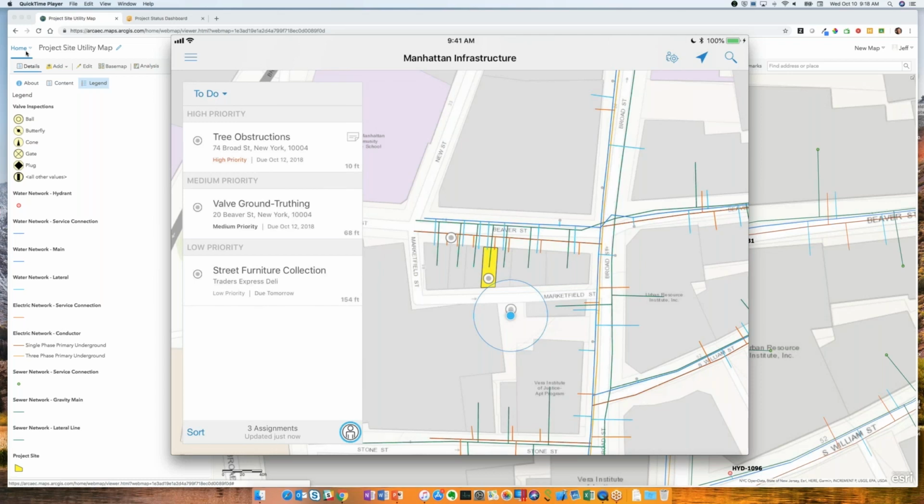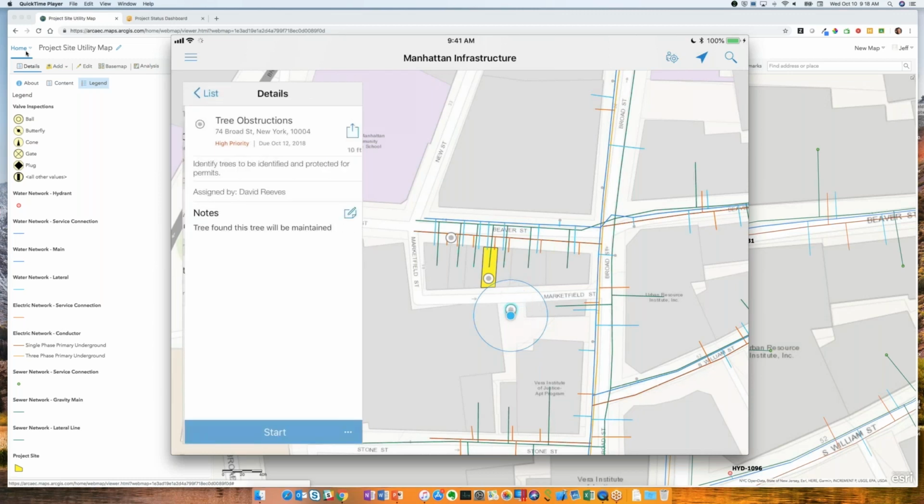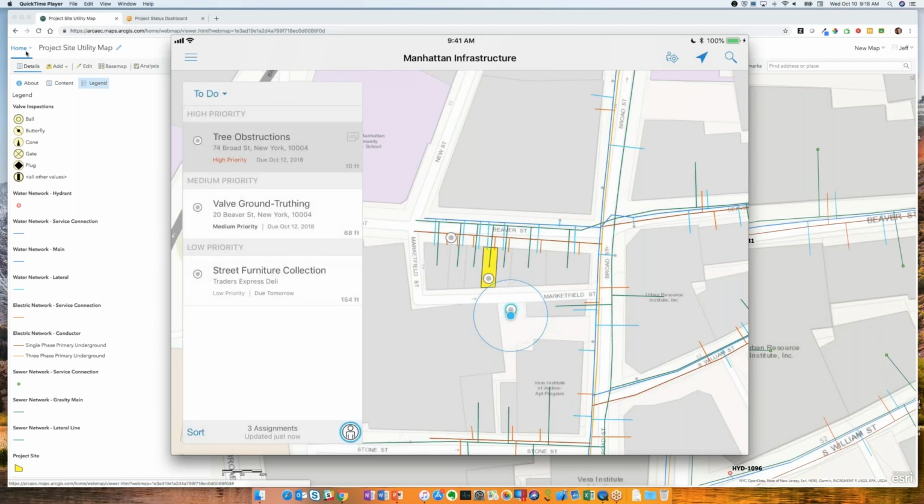We're looking for any street furniture, any trees that might obstruct the view of the new property that we're building and whatnot. So you can see my current location right here on the actual property adjacent to our project